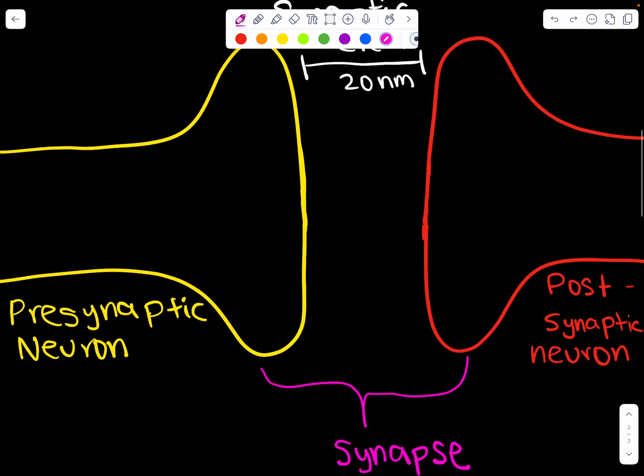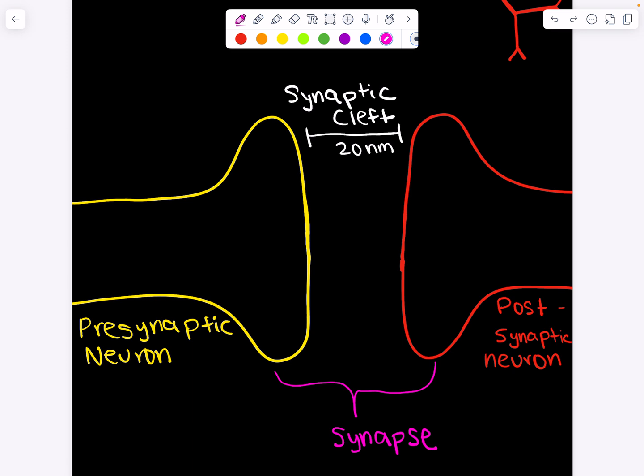Now we're going to go to the neuronal synapses part of this video. Now we just need to understand a few technical terms. First we have the presynaptic neuron, the neuron that has the action potential and wants to pass the message on to the other neuron. Then we have the postsynaptic neuron, the neuron that needs to receive the message in order to pass it on to many more neurons, or pass it on to the muscle to pick up your pencil that you need to do work or homework or whatever. And then in the middle is called the synaptic cleft,